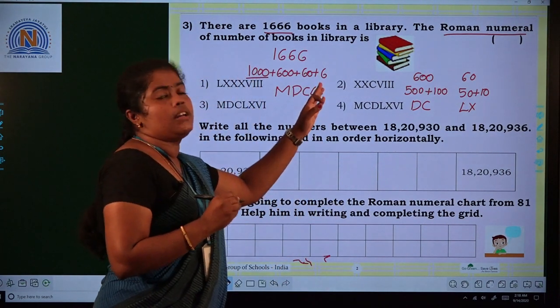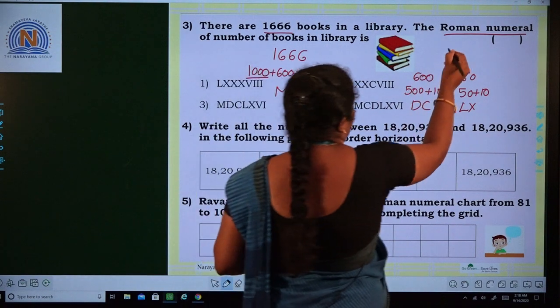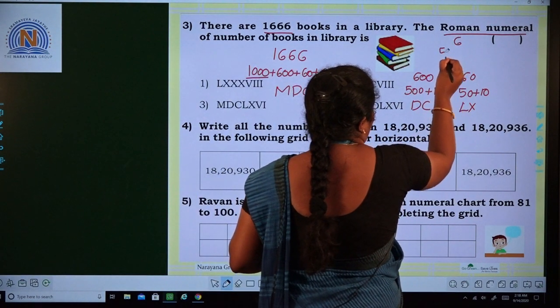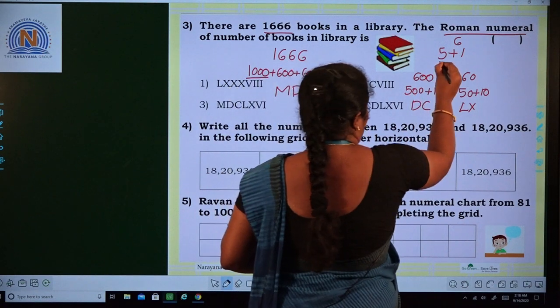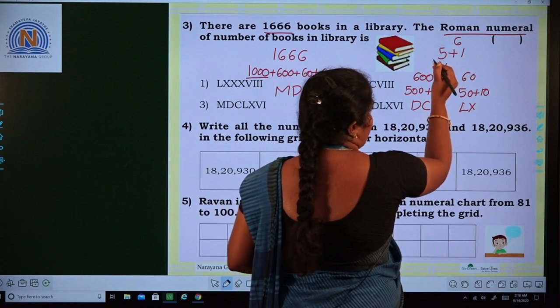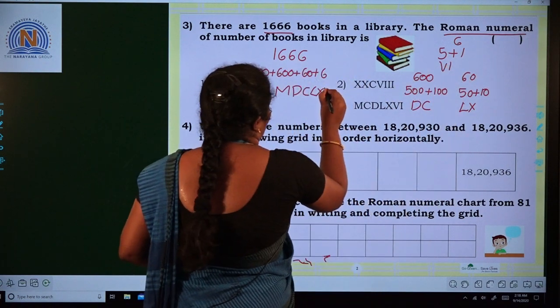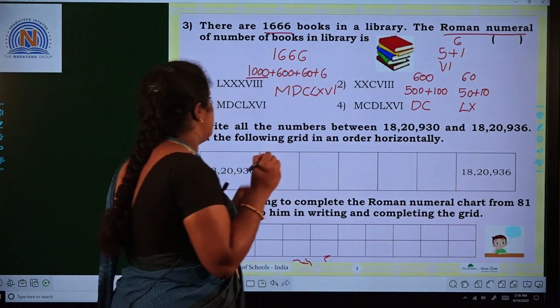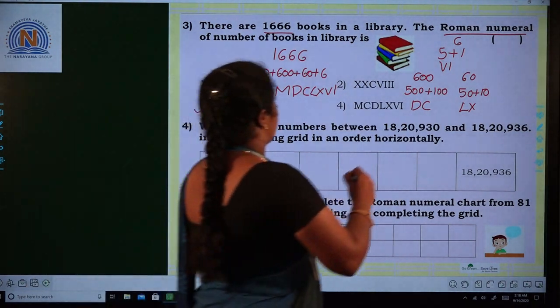Here we know very well the symbol of 6. Again, no problem, I am doing here 6. The symbol of 6. We have to split the number like 5 plus 1. 5 stands for V and plus symbol is there, so we have to write after. Then 1 symbol is I. VI. So where is that option? See here. 3 is the correct answer.